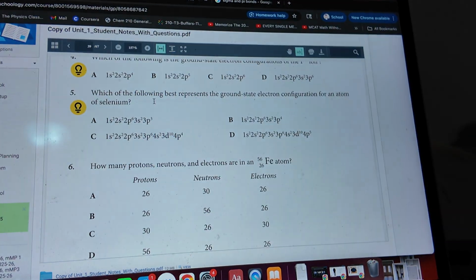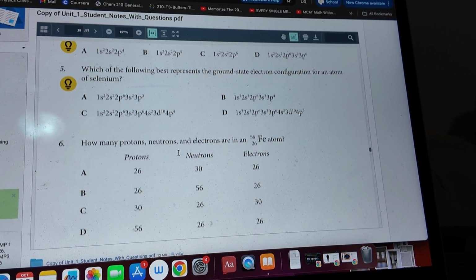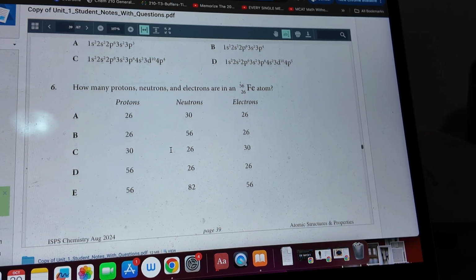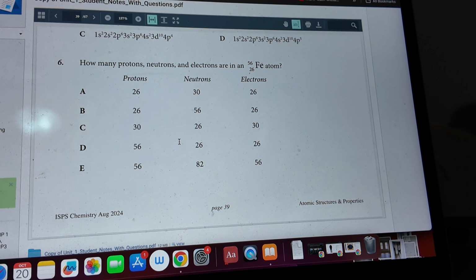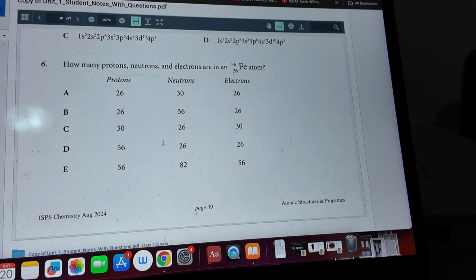Okay, next problem. Trying to not yap so much. Okay, so this one is fairly easy. How many protons, neutrons, and electrons are in